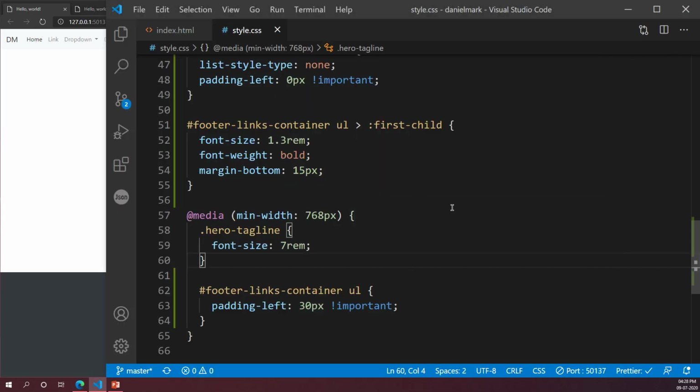Okay, here's the code. Sneha, can you share your screen? Show me the output.